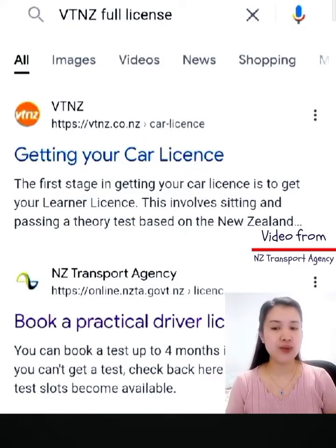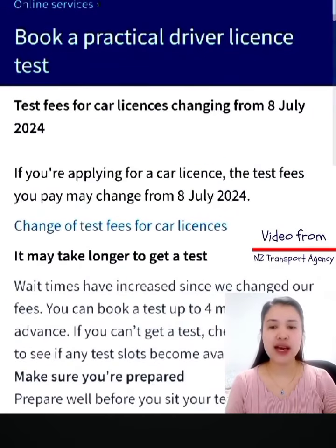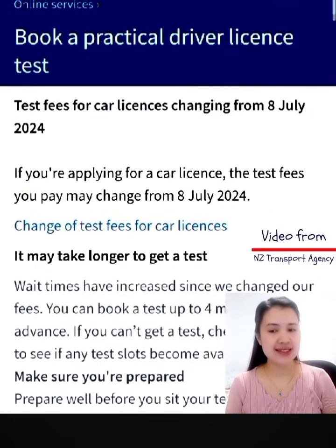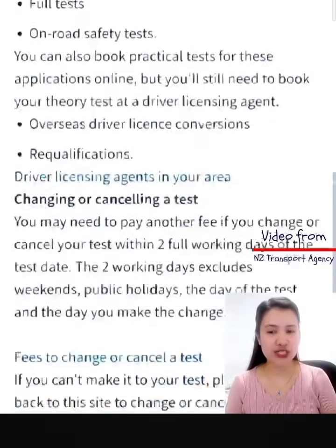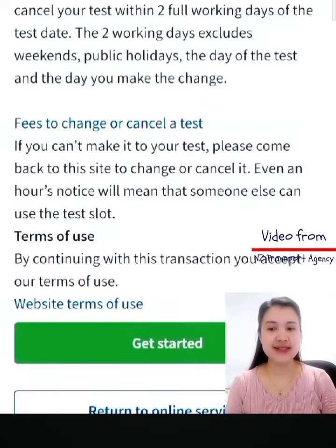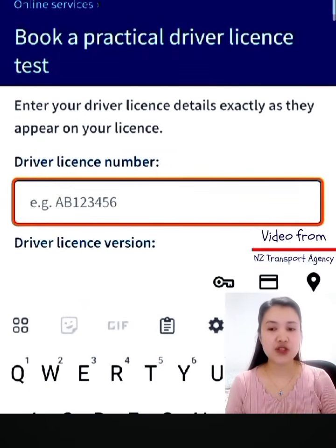So first, go to the New Zealand Transport Agency website and look for the Book a Practical Driver License Test. When you see it at the bottom of the website, click Start and fill in the driver's license number, driver's license version,